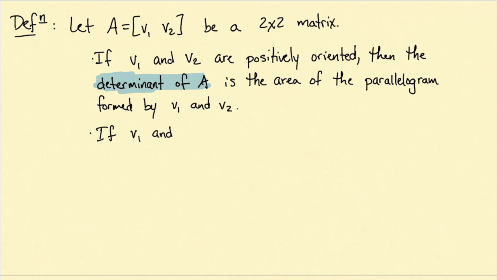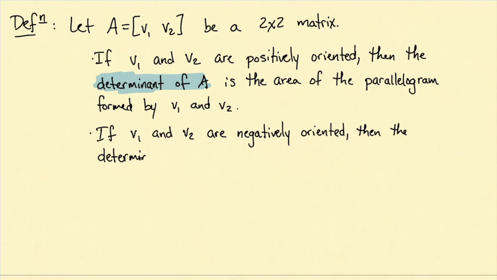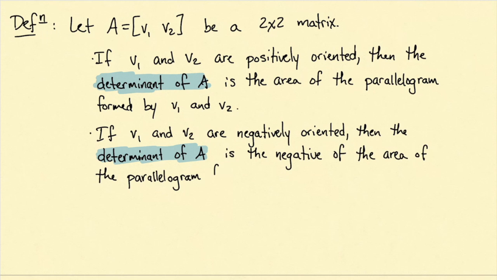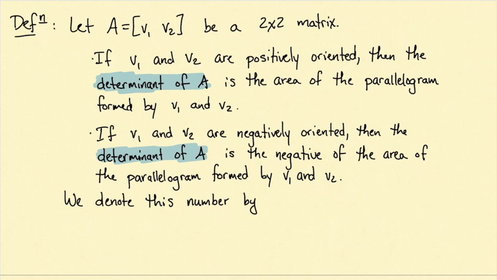If v1 and v2 are negatively oriented, then the determinant of A is the negative of the area of the parallelogram formed by v1 and v2. So we'll commonly write this number either as det A or the matrix with bars instead of brackets on the